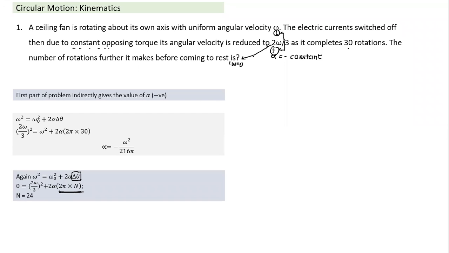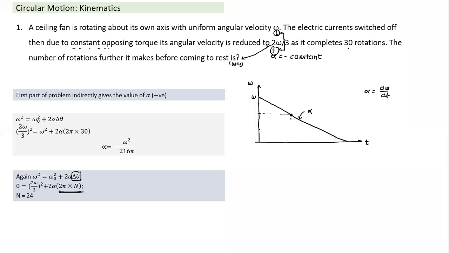And this question also you could have done using a graph as well. How do we do it using a graph? See, alpha is constant here, so in place of this, we could have plotted an omega-t graph. If I have t and omega, what will be the shape of this graph? Initially, this is the value of omega. And since alpha is equal to d omega by dt, and alpha is constant, the slope also is constant. The slope will be equal to the value of alpha, which is negative. What is given here? When this drops to 2/3 the value, by the time it has come here, it is 2/3 the value.